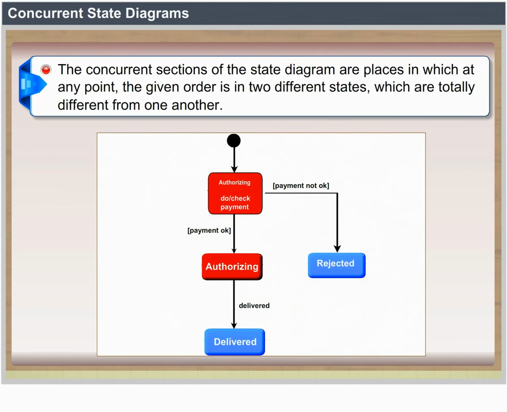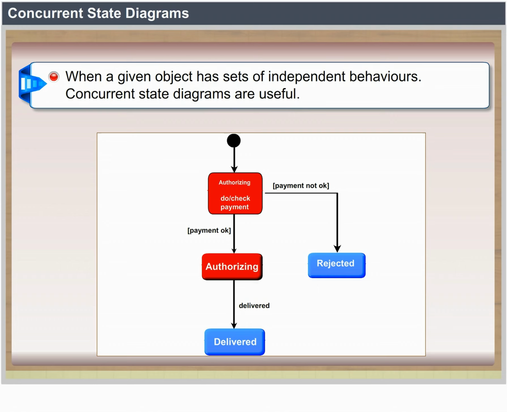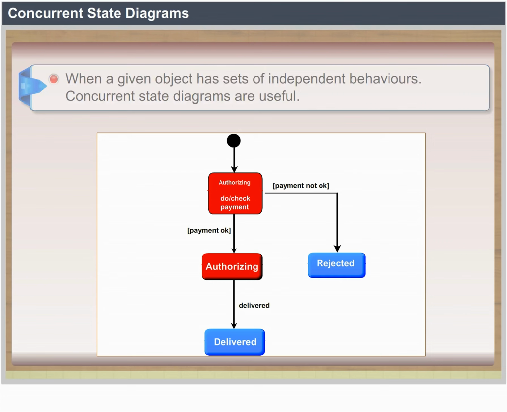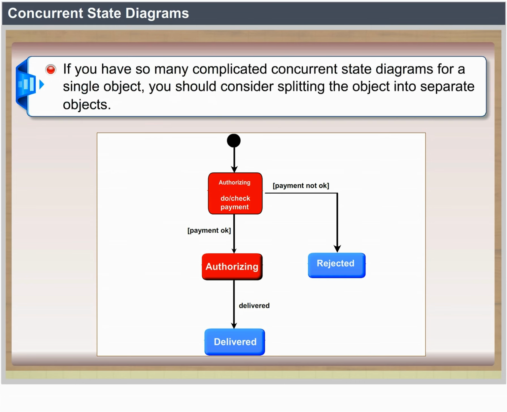Concurrent state diagrams. The concurrent sections of the state diagram are places in which, at any point, the given order is in two different states which are totally different from one another. When the order leaves the concurrent states, it is in only a single state. When a given object has a set of independent behaviors, concurrent state diagrams are useful. You should not get too many concurrent sets of behaviors occurring in a single object. If you have many complicated concurrent state diagrams for a single object, you should consider splitting the object into